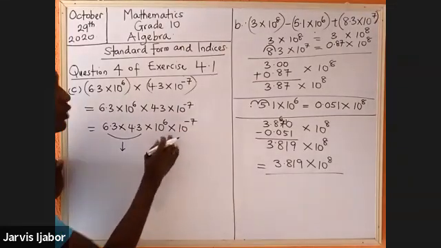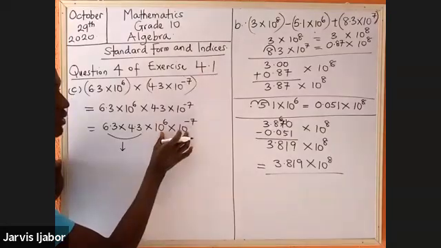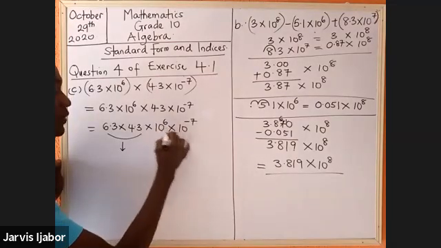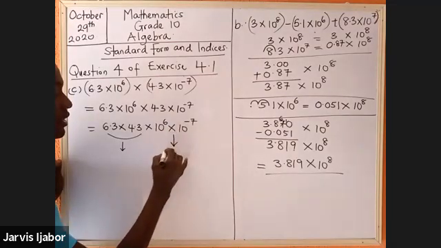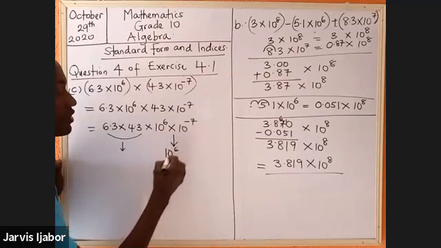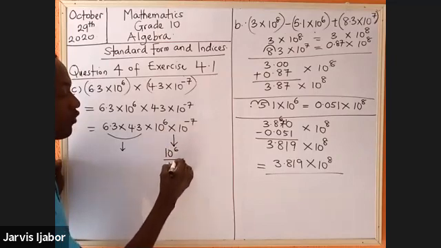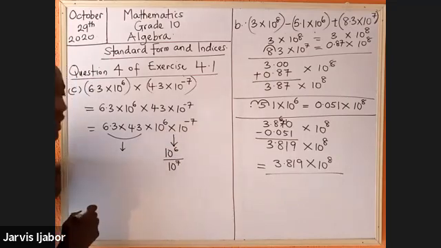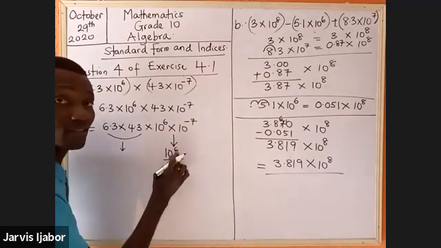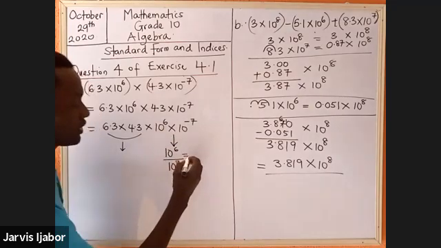Now, what does this mean? What is the interpretation of this? The interpretation of this part is this: 10 raised to the power of 6 over 10 raised to the power of what? 7. Now, if you look at this, this is 6, this is 7, and this would mean this: